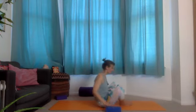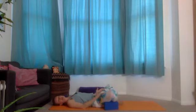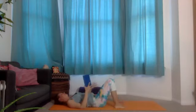So coming onto the back with the knees bent, and then allowing the knees to drop away from each other, the soles of the feet touch. And I like having blocks. It doesn't need to be a lot of blocks, it's just a little bit of support so we can truly relax. But if this doesn't work in your knees, in your hips, or if your lower back is sensitive, then